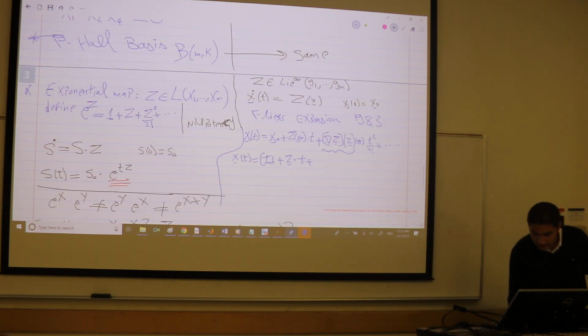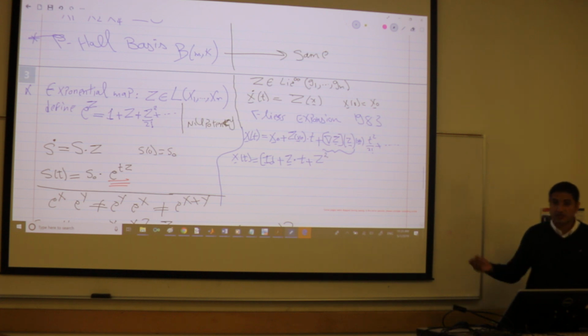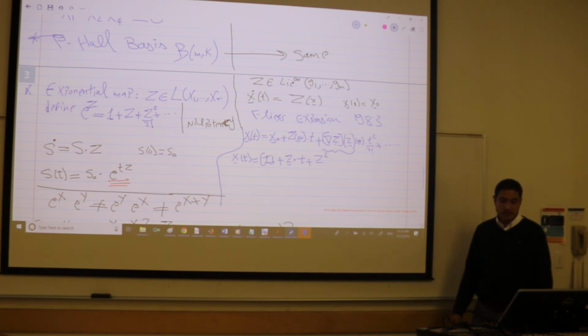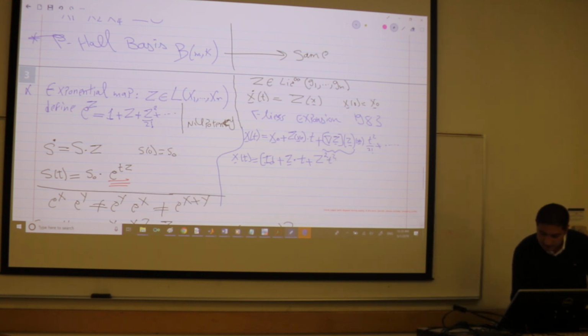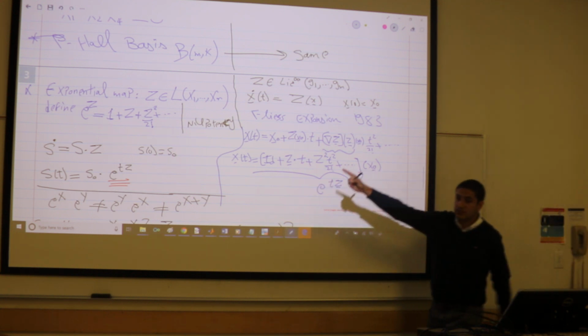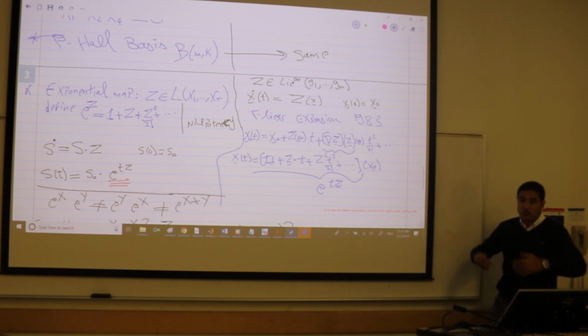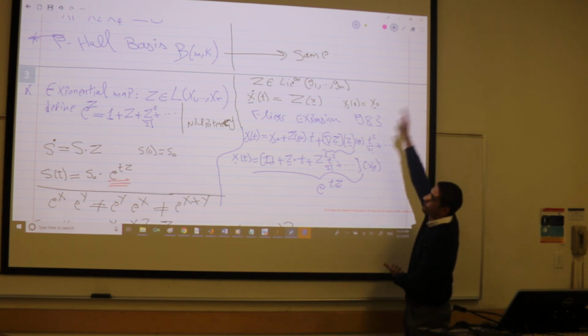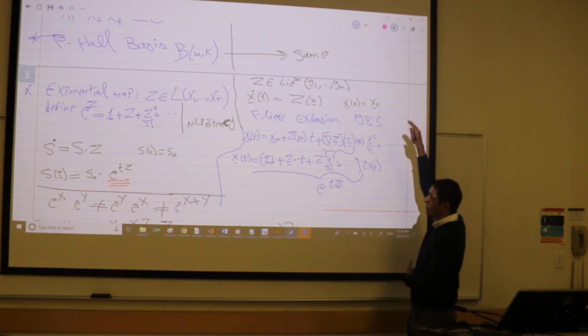If you apply here, this is Z squared in our language, and Z cubed will be the nabla of Z squared times Z, and so on. Z squared t squared over 2, plus yada yada. This is all acting on x naught. Obviously, this is the exact same definition, e to the tZ, like the exponential map over there, right? With the multiplication, everything flows out of the multiplication. You define your multiplication,